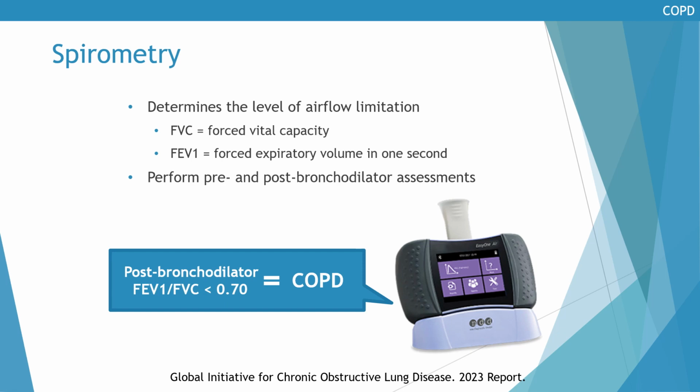A spirometer example is pictured on this slide. It is a device that is calibrated according to age, sex, height, and race. It measures the level of airflow limitation, the main components being FVC, or forced vital capacity, and FEV1, which is forced expiratory volume in 1 second. When you conduct spirometry for your patient, you'll first enter their information as directed into the device. When the device is ready, the patient should inhale a deep breath, then exhale through the mouthpiece,